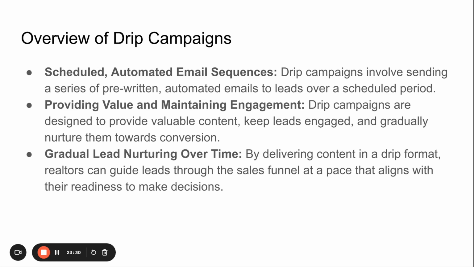So drip campaigns utilize SMS and emails, and this involves sending a series of pre-written automated emails or messages to leads over a scheduled period of time. So, key phrase here is pre-written. So, this is something you set up ahead of time. And the goal of this is to just provide valuable content, keep your leads engaged, and nurture them over time. So, you can do this over 3 days, 7 days, a month, 6 months, depending on how warm or cold